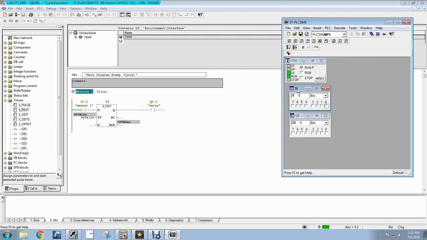When the input is high for a very short period and we want output for a certain time, we can use this extended pulse timer. Now see how it works. Give a signal for a very short time at input. Now it is giving the pulse for the set time 10 seconds, and then it goes off. Again give the signal for a long time, longer than the set value, and you will see it becomes off after the 10 seconds, whatever we set.